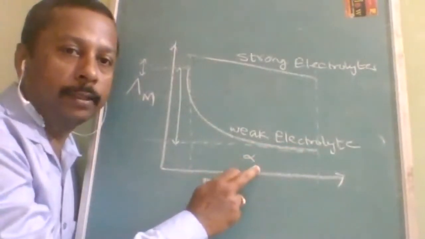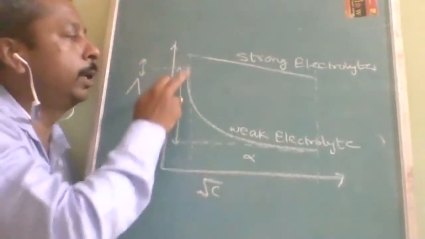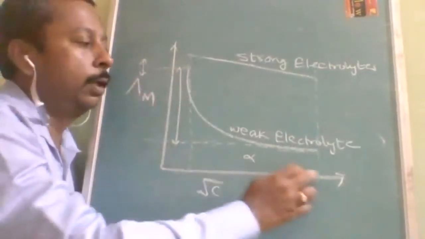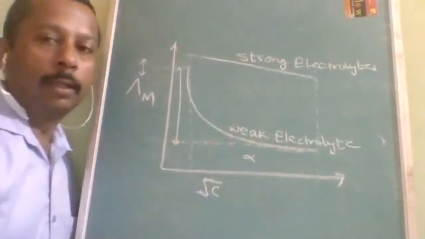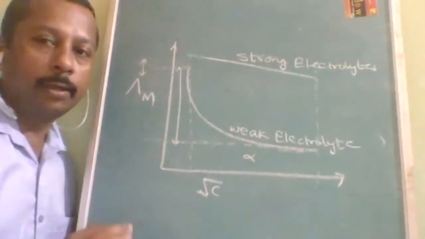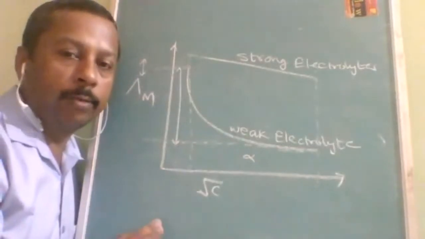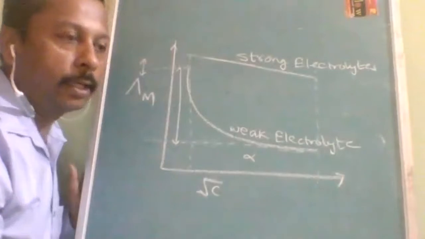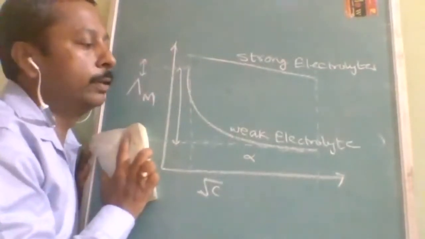So dilution increases, concentration decreases. So lower concentration, higher number of ions, higher will be molar conductivity. Higher concentration means less dilution, lower will be conductivity. There is a lot of confusion in this. Conductance and conductivity both show opposite variation. Conductance and conductivity may appear to be the same, but their variations are different.